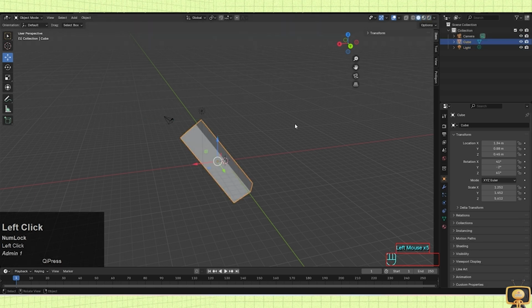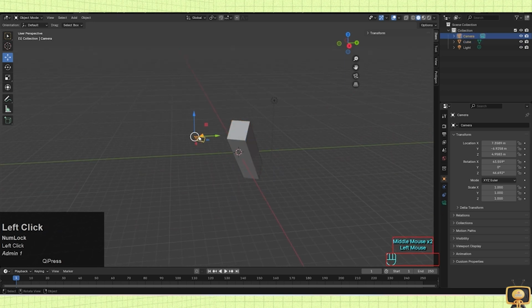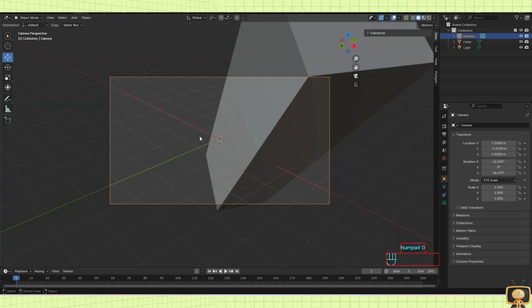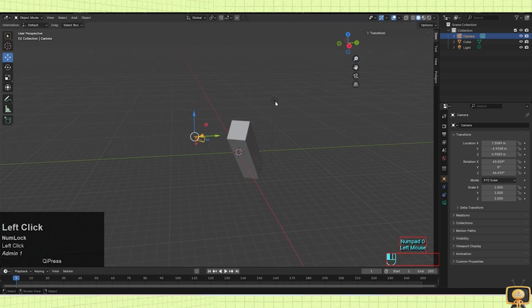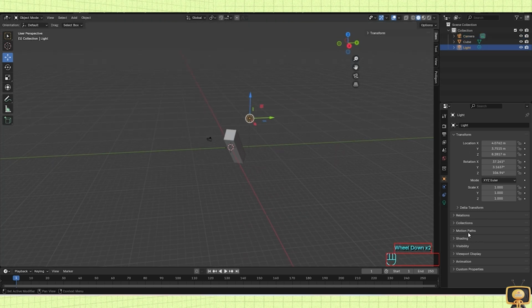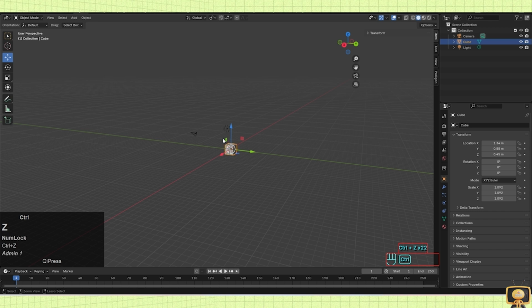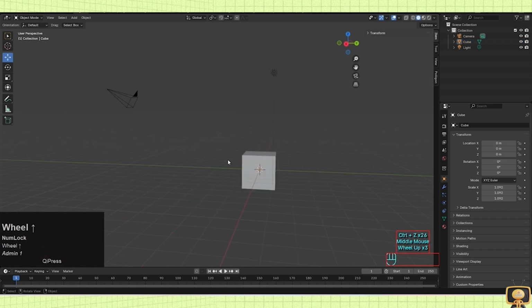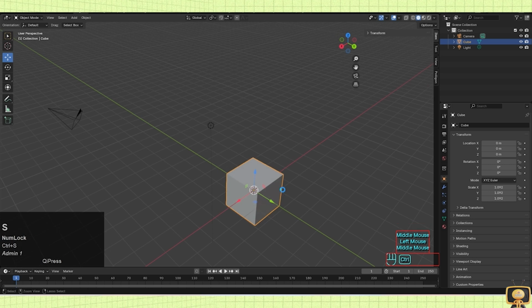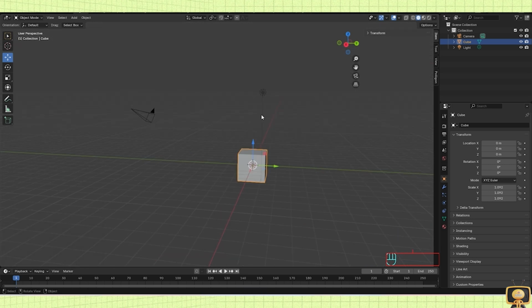Let's select this and press 0 on your number lock keypad, and you can see the view. This is the view that our camera has been looking at, and this is the light. All these options are here on the right hand side. We will discuss everything in upcoming lectures. This is just an overview for the Blender course so that you get familiar with the software. So let's Control Z again and make them at the center. Now Control S save. Now let's open our email. What we have got.